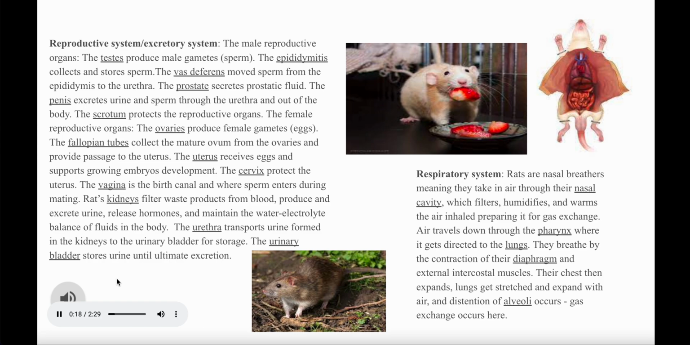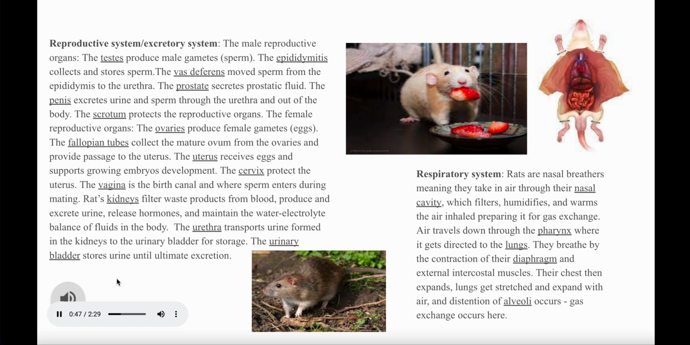testes, which produce male gametes and sperm, their epididymis, which collects and stores the sperm, and then their vas deferens, which moves sperm from the epididymis to the urethra. Their prostate secretes prostatic fluid and protects all the organs. Their penis excretes urine and sperm through the urethra and out of their bodies, and then also their scrotum protects